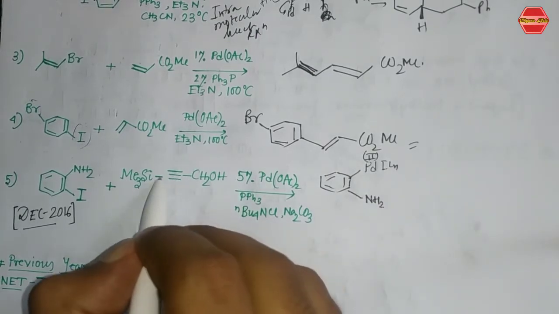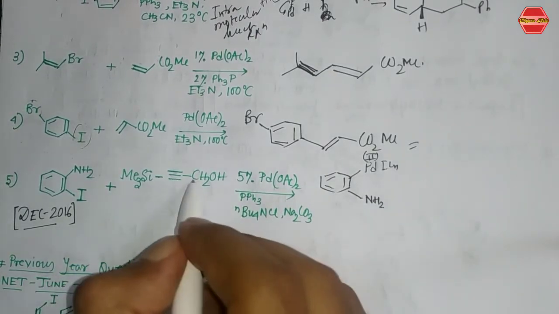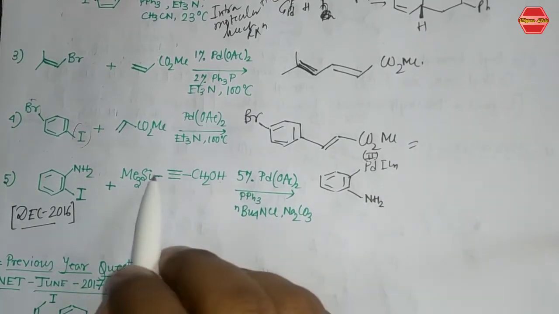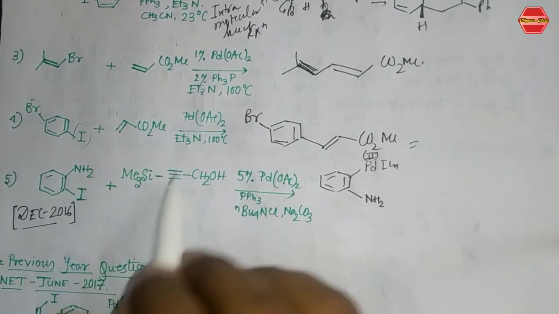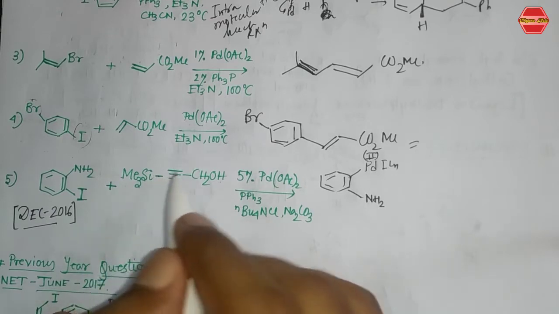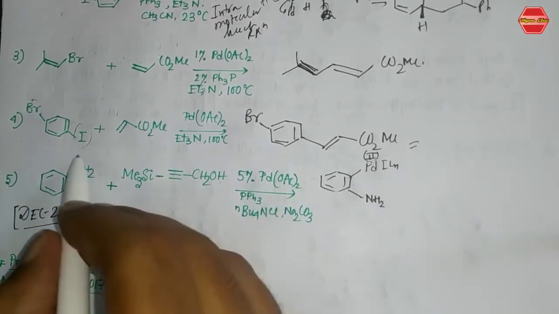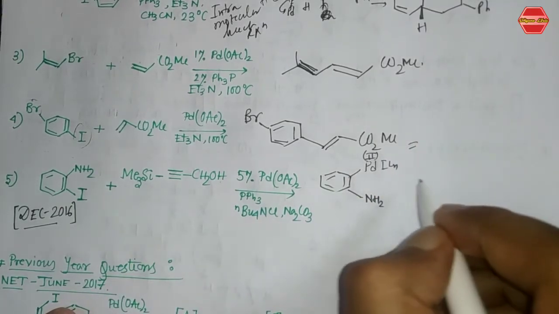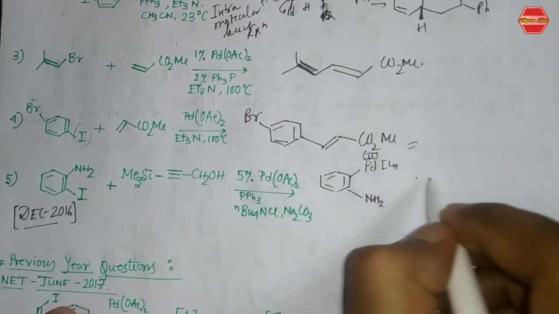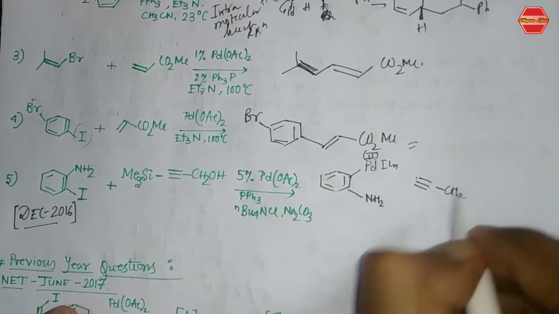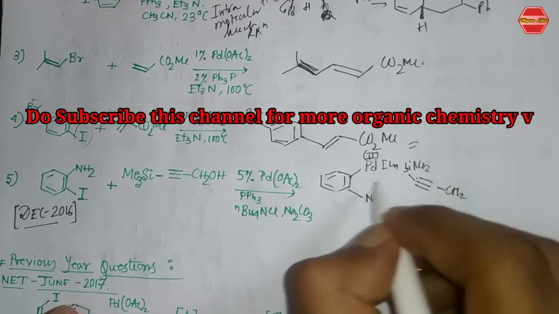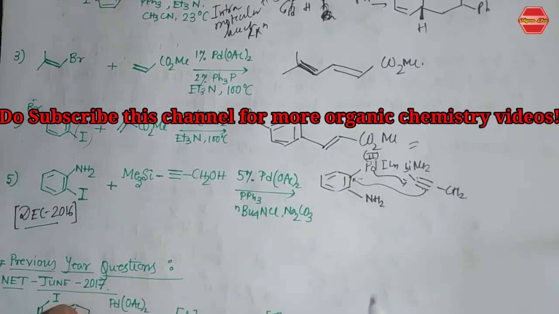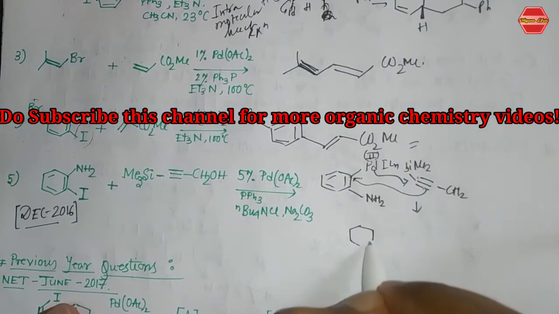Now you can see over here these two are, this is the triple bond C, and the CH2OH and Me3Si. Now which one is more substituted? You can see easily that this SiMe3 is comparatively larger, so this side is comparatively more substituted than this CH2OH. So this palladium complex directly attacks the more substituted end, so that you can get this kind of product. So we can write CH2OH and SiMe3. So this will attack over here, and this CH2 will bond directly at this position. So finally the product that you get from here is this one,